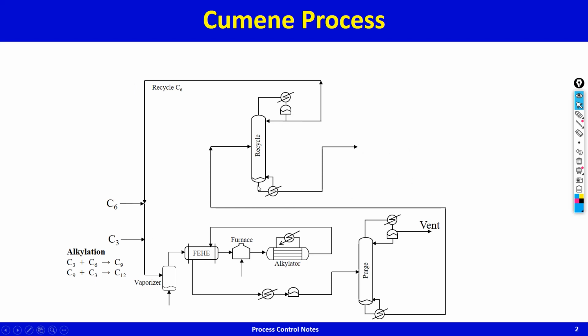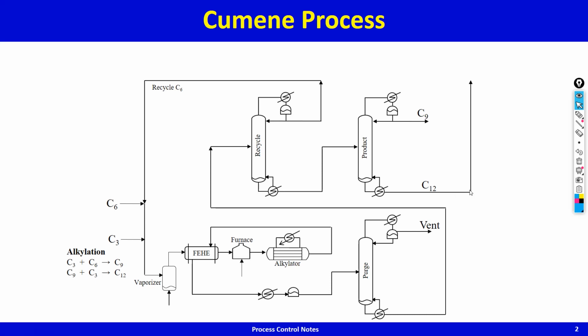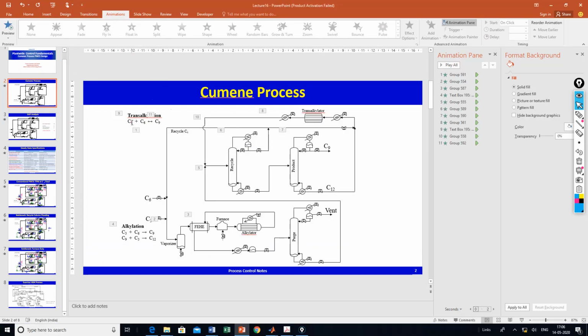C9 and C12 go down the bottoms, and they go to the product column. The C9 being lighter than C12 is recovered up the top, the C12 goes down. And modern cumene plants will also have a transalkylator. What a transalkylator does is there is a different catalyst, and that different catalyst is designed to do the transalkylation reaction, and the transalkylation reaction happens as follows. You have C9 cumene reacting with C6. Oh, sorry, this is wrong, man. Hang on. So maybe I'll correct it right now. This is C12, sorry.